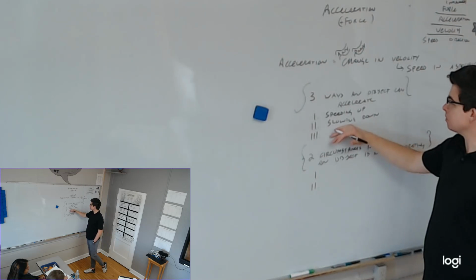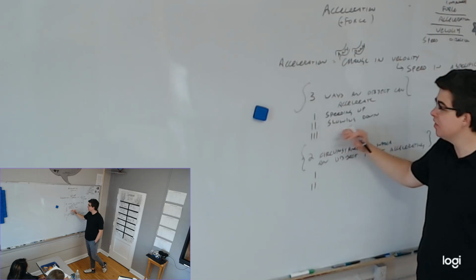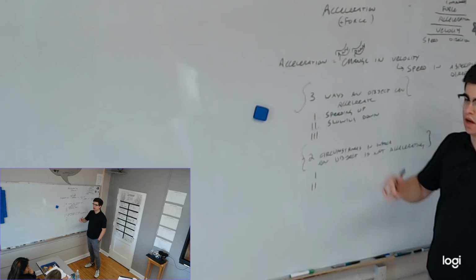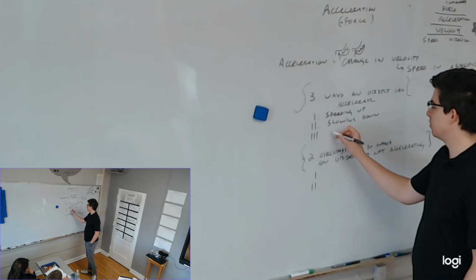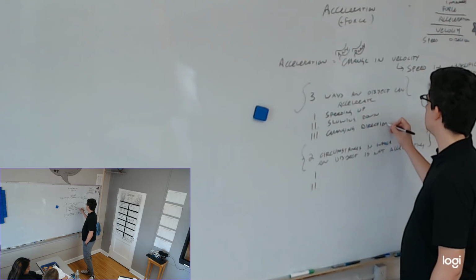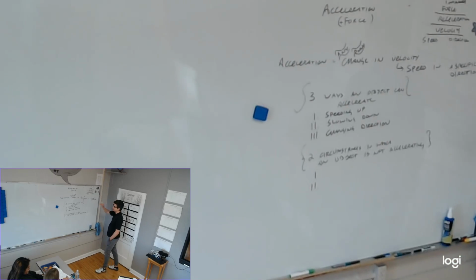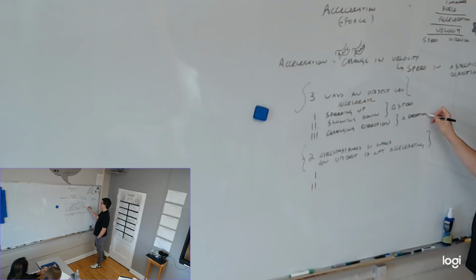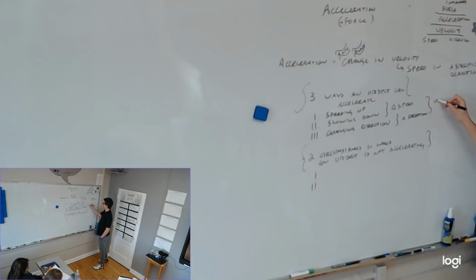Anyway, what is the other way an object can accelerate, even if it's neither speeding up nor slowing down? Nope, that would be slowing down. If it's stopping, then it's slowing down. But even if it's not changing its speed, has a constant speed, how could it still be changing velocity? Yes? Going around like a car. Yeah, changing direction. Remember, velocity is speed and direction. So both of these are talking about changes in speed, and this one is change in direction. Because guess what? Velocity is speed and direction. These two things together are velocity.